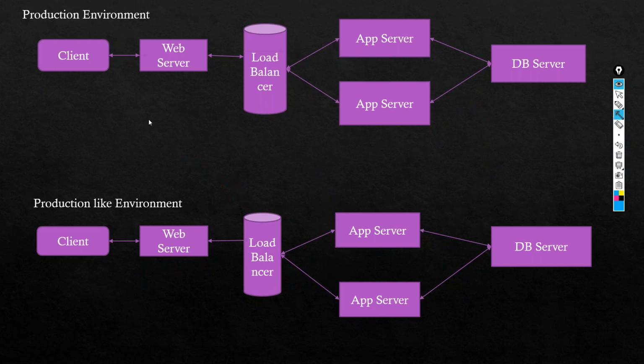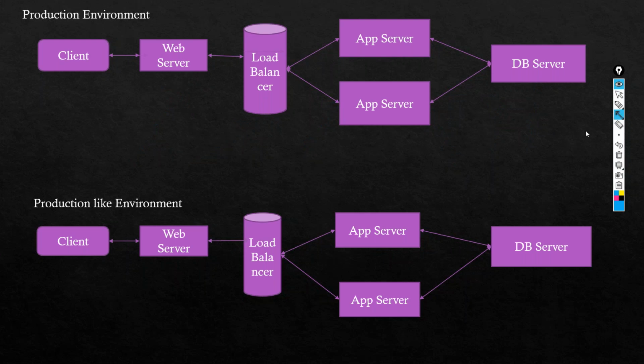So as a performance tester, we should know what web server they are using. Okay, what is the load balancer, what is the app server, what is the DB server, we have to know. The web server can be IIS or Apache Tomcat, the app server can be WebSphere, JBoss or something like that, and the DB server can be Oracle or SQL Server, right? So we have to know these things. Okay, so this is one important concept. I'm just telling you that it should be similar to the production environment.